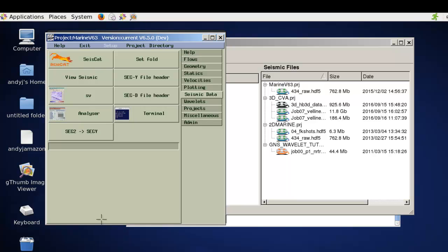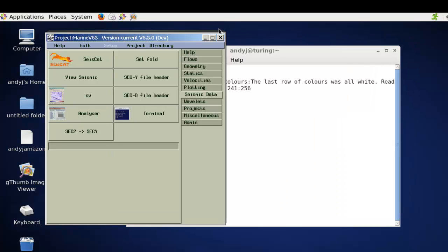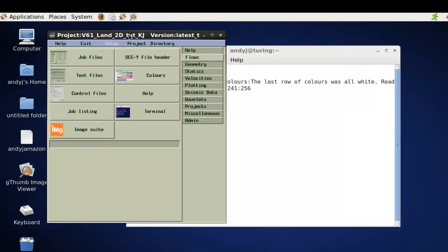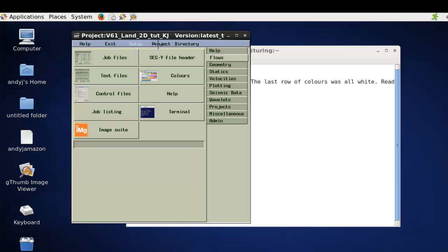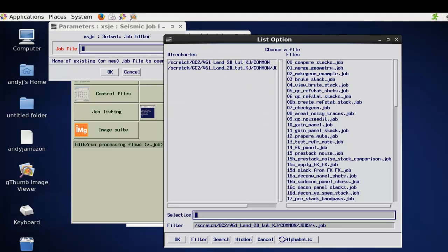If there's any questions about the project management layer, cool, then I will move on. All right, then a new module within the V6.5 release of Claritas is the Add SPS module. So if you're working with land data,